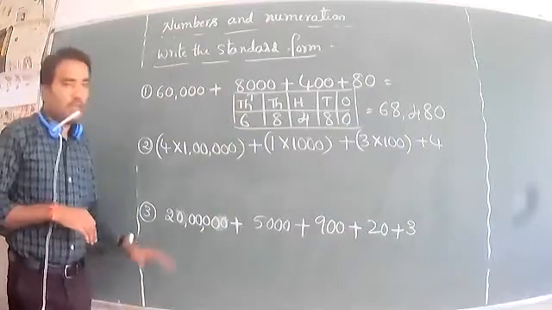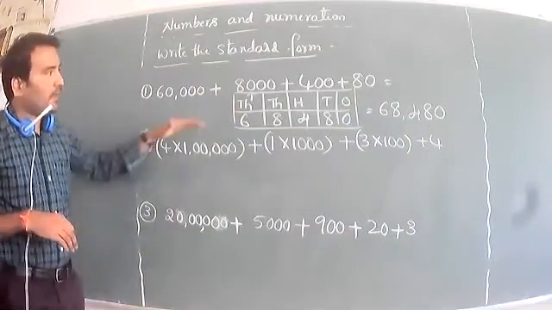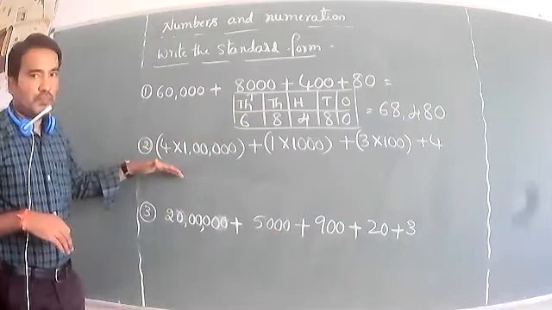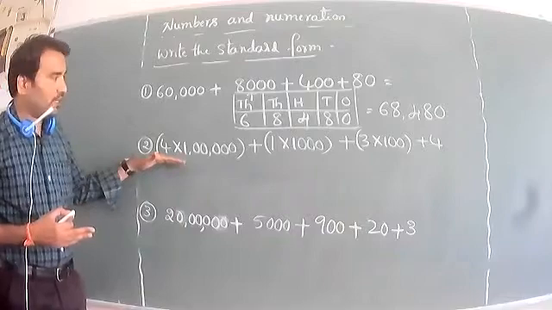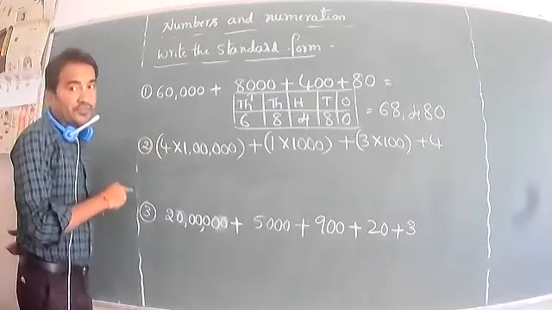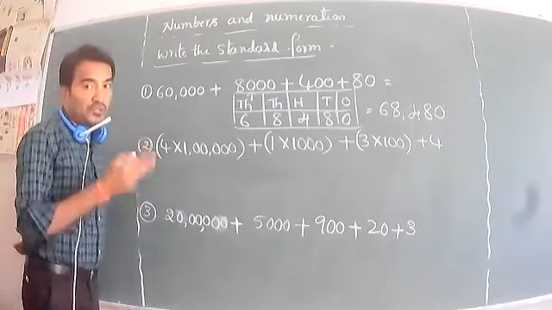So now shall I go for the second one? Okay, so it has to be the same. That has to be given to the second number. So it is the third method that we should be using for the expanded form. So first we should find how much has to be multiplied. First we should find it.